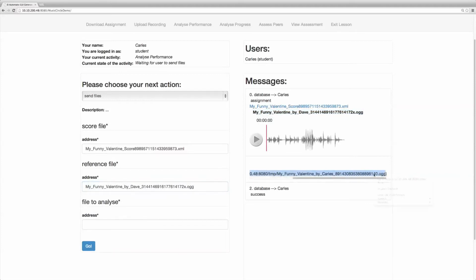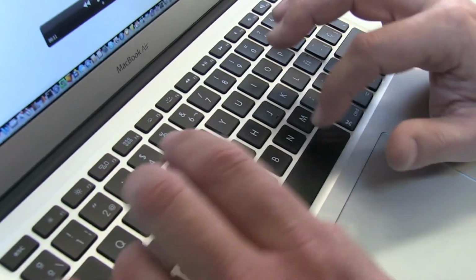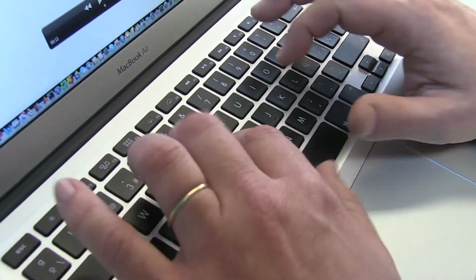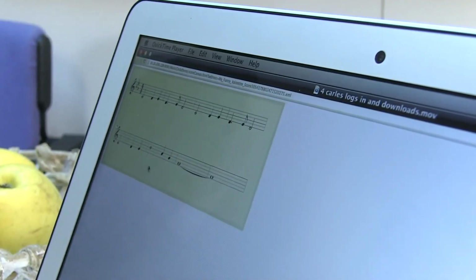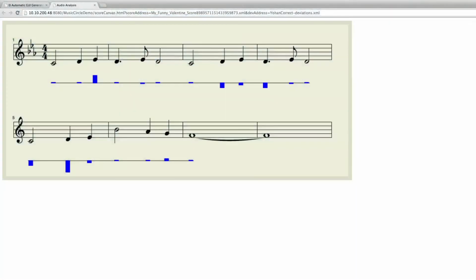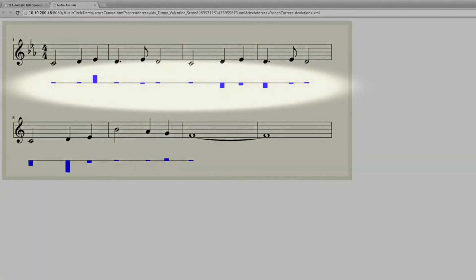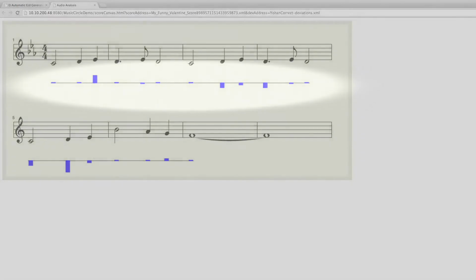In particular, when defining the lesson plan, Dave has included a service that automatically analyzes students' recordings. The result of this analysis illustrates, in a temporal line, how close a student's performance is to the goal set by the tutor, in this case, Dave's own performance. The higher the line is, the farther the student's performance is from that of the tutor's.